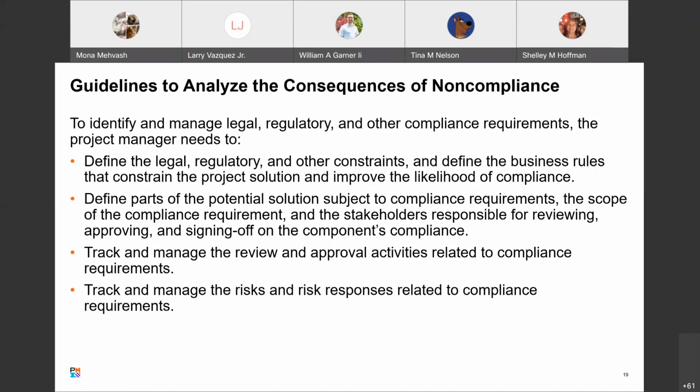Define parts of the potential solution subject to compliance requirements, the scope of the compliance requirement, and the stakeholders responsible for reviewing, approving, and signing off on compliance of the component. Track and manage the review and approval activities related to project requirements, and then track and manage the risks and risk responses related to compliance requirements.